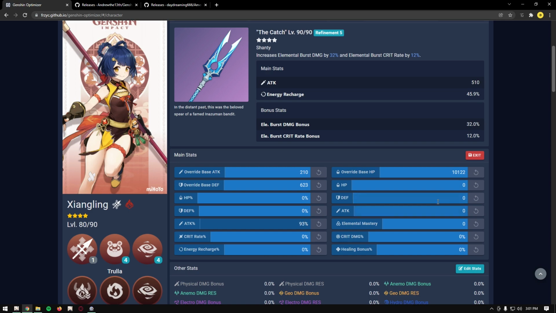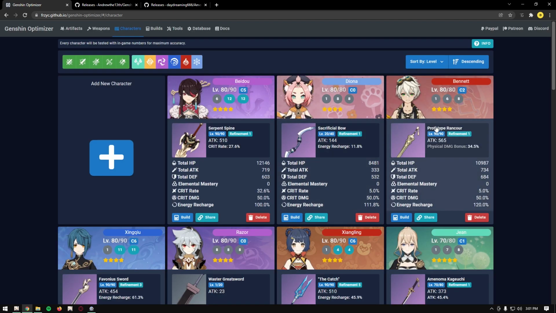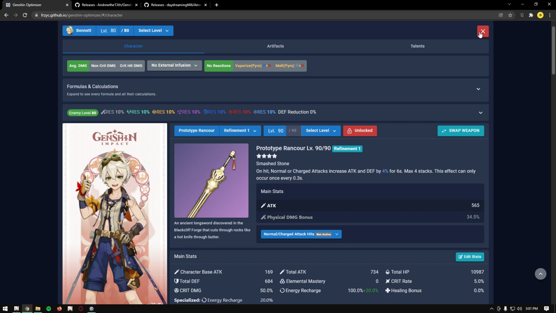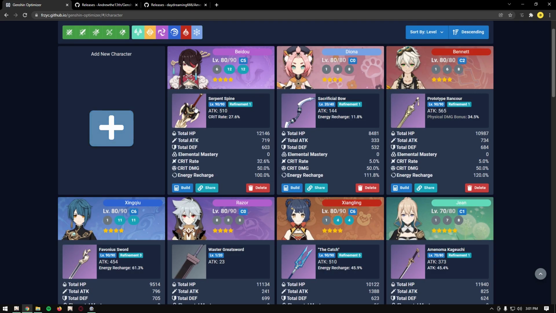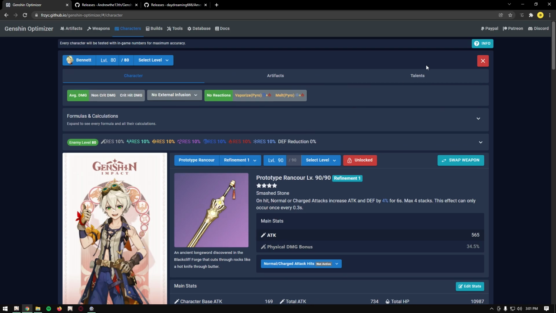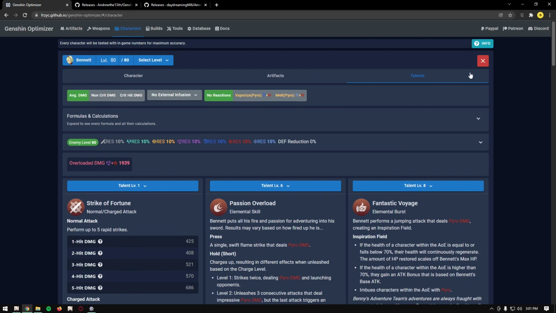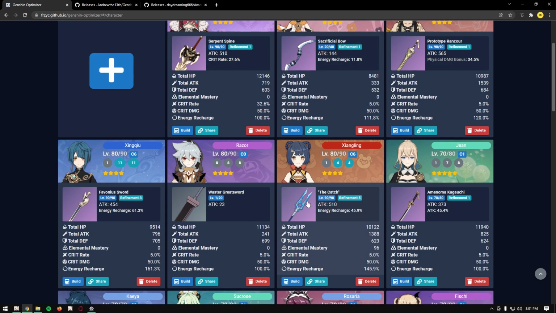And if you want to add the flat attack that Bennett gives you, go to Bennett, add the Bennett character from here if you don't already have him, and add the weapon and add the constellations from here. Make sure you change the talent and click on Fantastic Voyage, and then you have to just copy paste this number to Shangling,